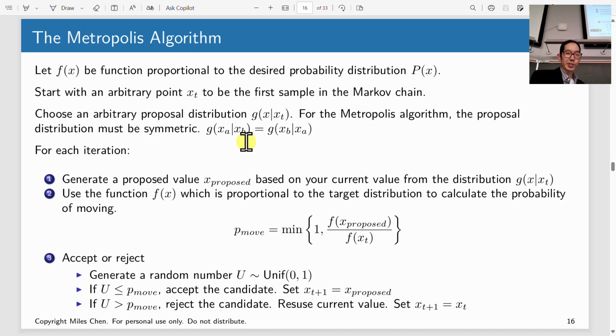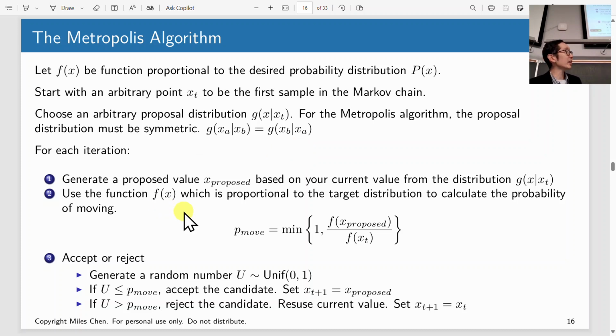And for each iteration, this is what we do. We generate a proposed value based on your current value. This is the equivalent of flipping a coin and proposing the island to the left or to the right. However, we now have a continuous distribution. So perhaps you start at location 1.0 and maybe you propose the value 0.8 or 0.75 or 1.3 or 2.6 or something. Okay, so you start off at a location and you're going to propose another location, and this proposal distribution maybe generates continuous things.